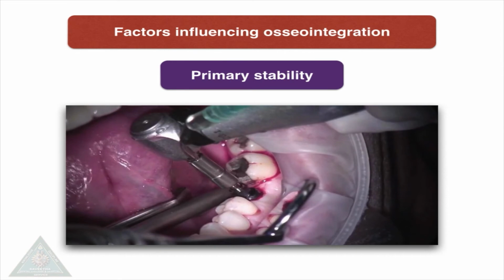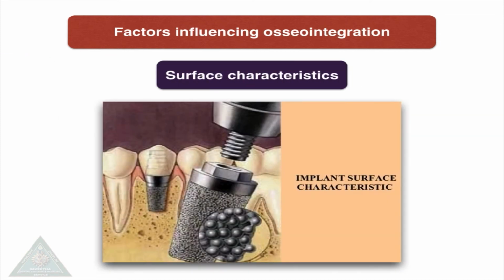And the next important factor is primary stability. It is associated with the mechanical engagement of the implant with the surrounding bone. Bone quality, quantity, implant geometry and surgical techniques adopted are predominant clinical features that affect the stability. And the last factor is surface characteristics. Thread shape, thread pitch and thread depth of an implant play a vital role in osseointegration. The smaller the pitch, the more threads on the implant and thus the greater the surface. The greater the thread depth, the greater the surface area of the implant.